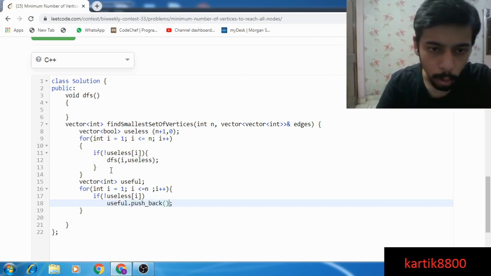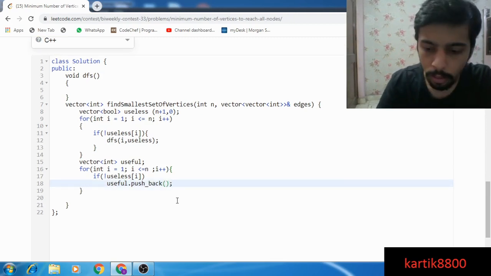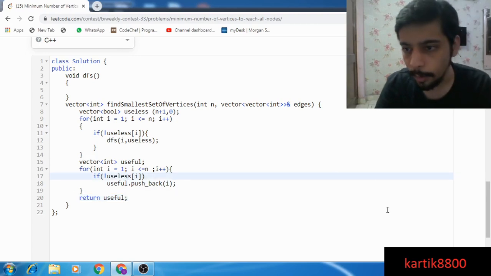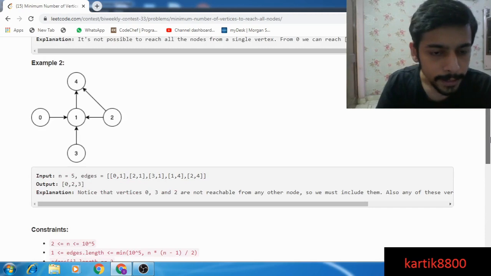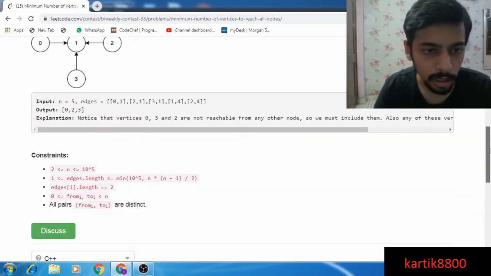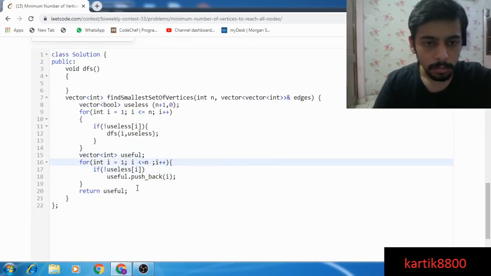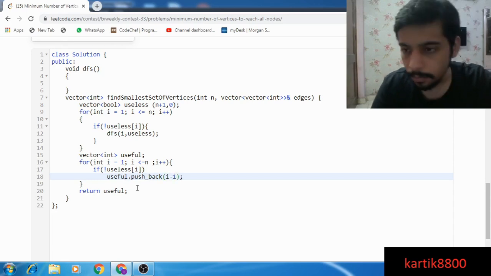And I made one more mistake. I'll discuss what. So I insert it into useful, and finally I return useful, and my work is done. I just need to implement the DFS. That's your homework. Yeah, so the nodes start from node number 0. Why LeetCode? Why can they not start from node number 1? Not cool. But we are smart.